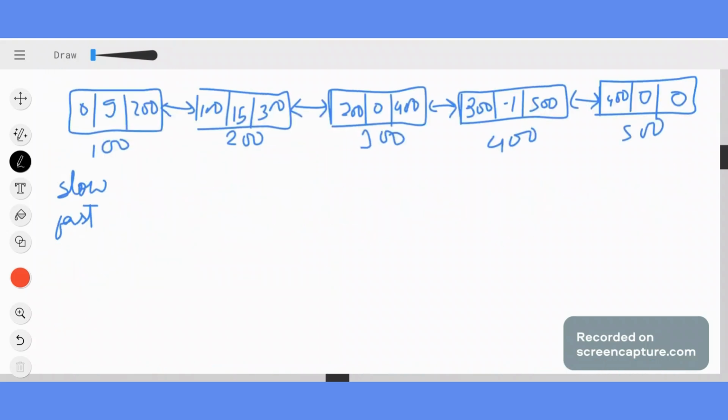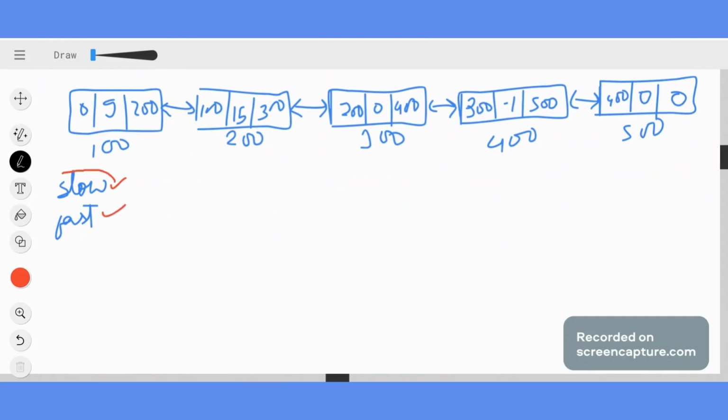So let's see how we can apply this merge sort on our linked list. What is the first step to apply merge sort? The first step is to find the middlemost node. Now, how to find this middlemost node? We will use the simplest method, called the tortoise method. Now, what is this tortoise method? In this tortoise method, we will use two pointers, one slow and one fast pointer.